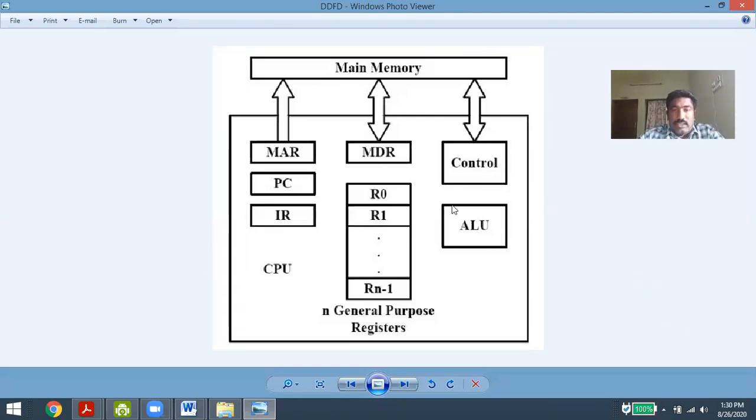In between these operations, the other registers which were already discussed in the previous topic will come into play here. What is MAR, what is MDR, and what is PC and IR? These four components play a very crucial role in doing any operation. So in our same example, if we want to do 2 plus 3, first of all, the RAM wants to identify the number of instructions the program contains.